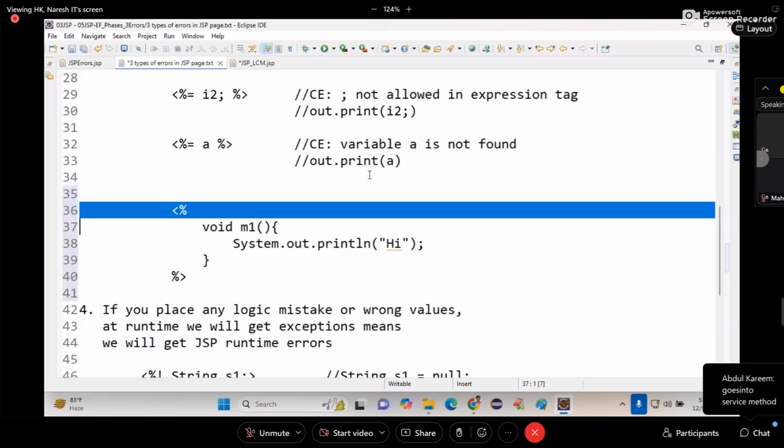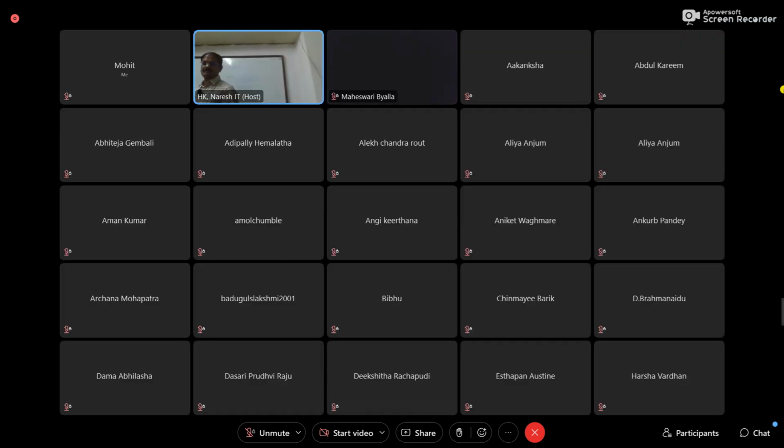For what reason you are here, I don't know. Just 3 tags you are unable to remember. This is JSP common syntax, okay? All JSP tags, this is a common syntax. This is the JSP tag common syntax. If you add angular bracket here,